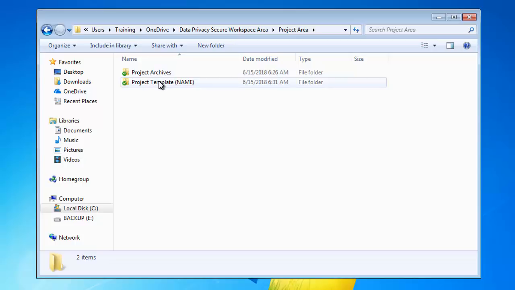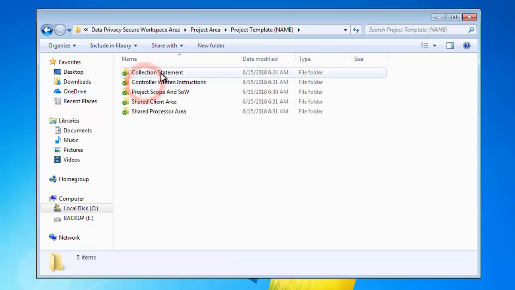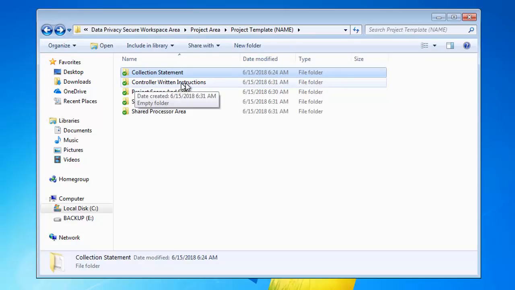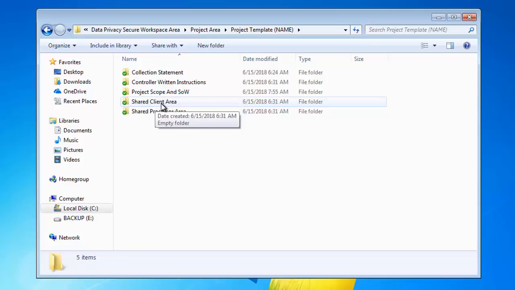and we have our project archives, which is where we're going to move our completed projects. Once we've zipped them up, we're going to move them into this folder, and they will then become our reference. And we've also got our project template here that we can use, and in that we have collection statements that we're going to use to generate for our project, our controller written instructions folder. If we're acting as a processor, we're going to need to use this to record all of our controllers' written instructions. We've got our project scope and statement of work folder, and we've got our shared client area and our